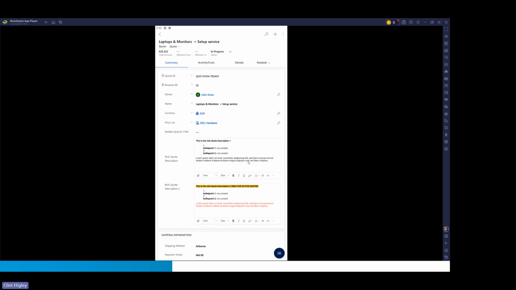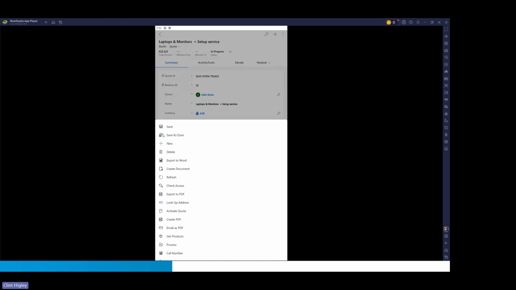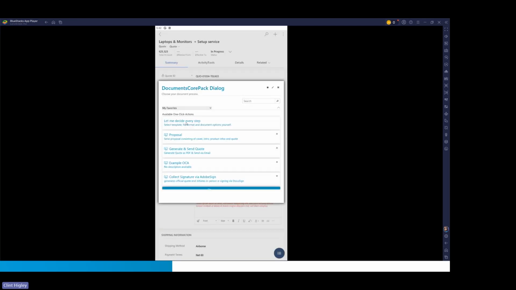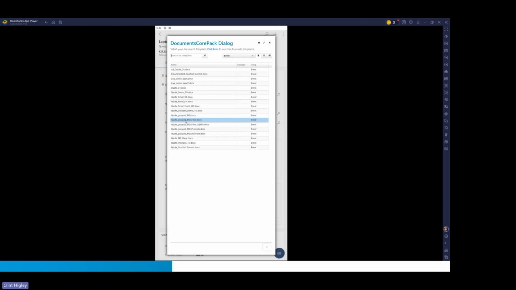So here, what I want to do is create the document, using my create document button. For the mobile app, it's going to be down here in the bottom right-hand corner. So I'll click that. This is my command bar here. So I'm going to create the document. What I'm going to do is step through the process, and I want you to remember again that